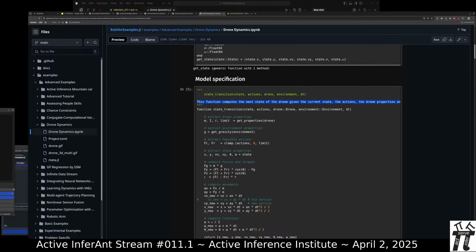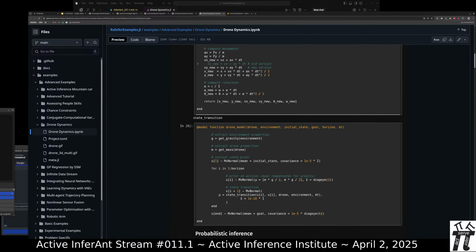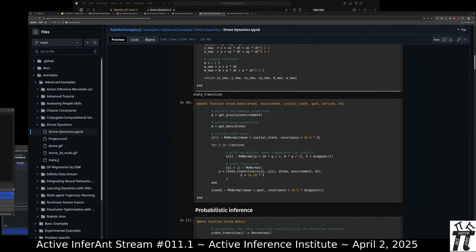Location state transition based upon this declarative statistical style. Graphical model specification for the drone model that's going to get rendered up and done all these ways with RxInfer using the @model macro.